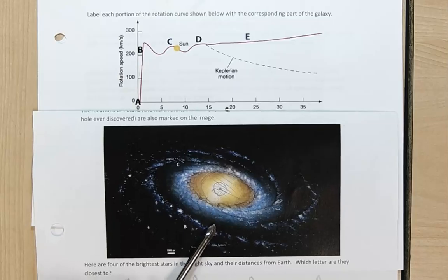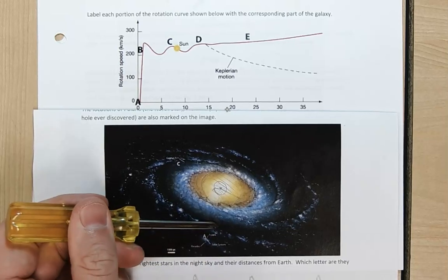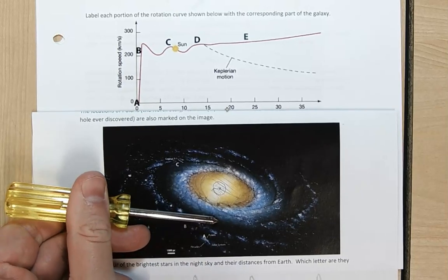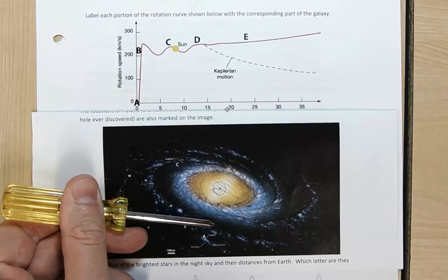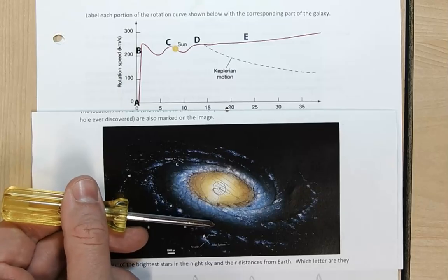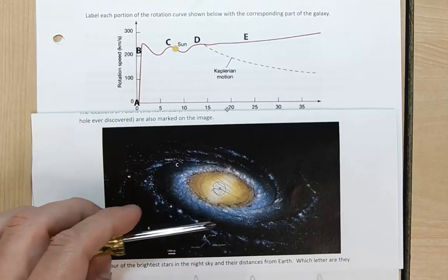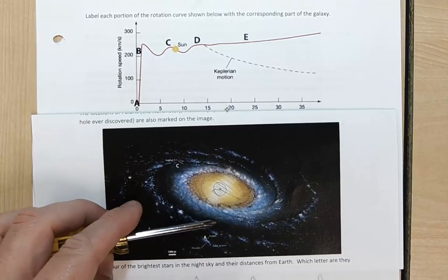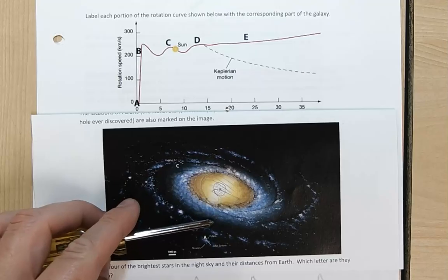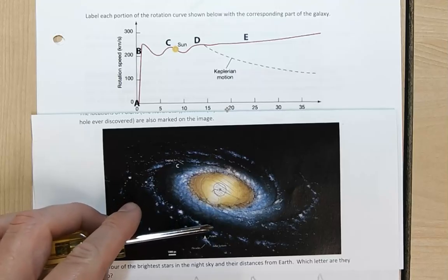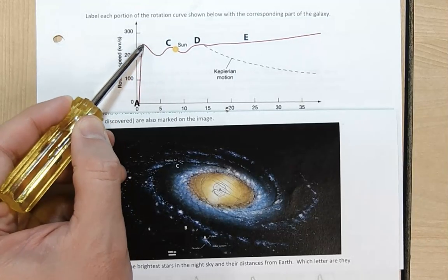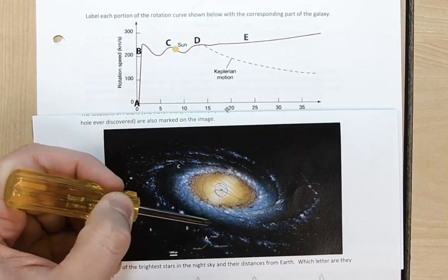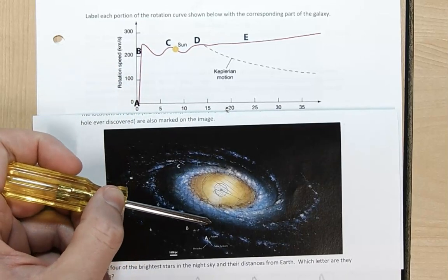All right. So once you get out here, in the gap in between the arms, you're getting further and further from the center of the galaxy, but there isn't that much stars and gas out here. There's not none, but there's not as much stars and gas in between the spiral arms. And so as you go from here further out, you're going to slow down because you're getting further from the central mass of the galaxy. And so that's why there's this dip. This is the speed of stars in between the two arms. Slows down a little bit.